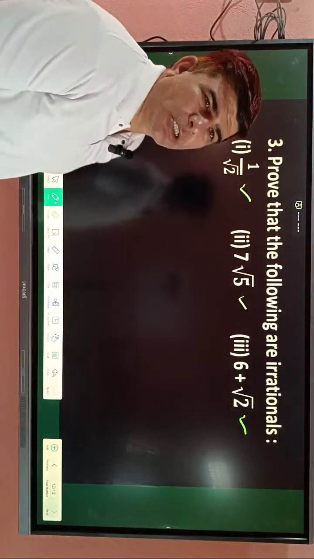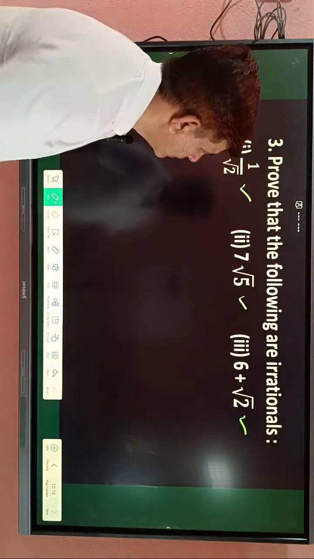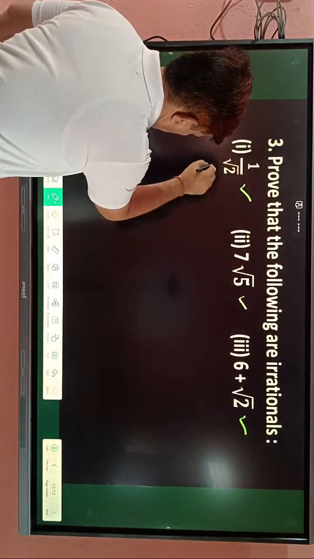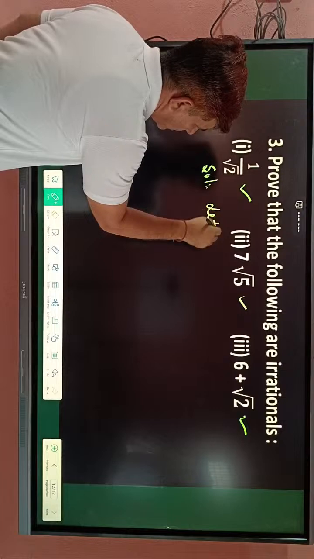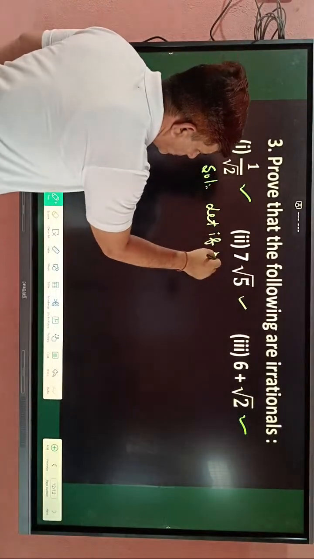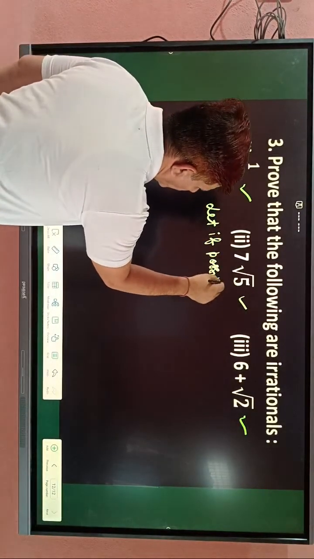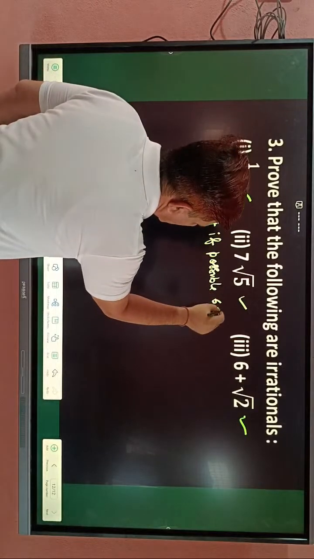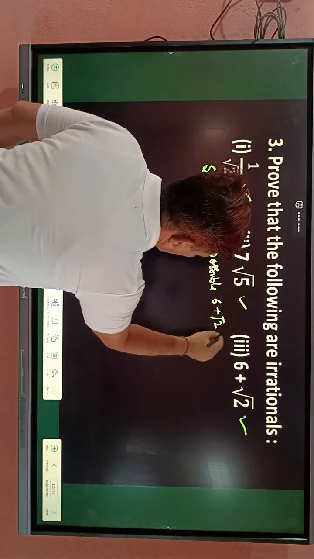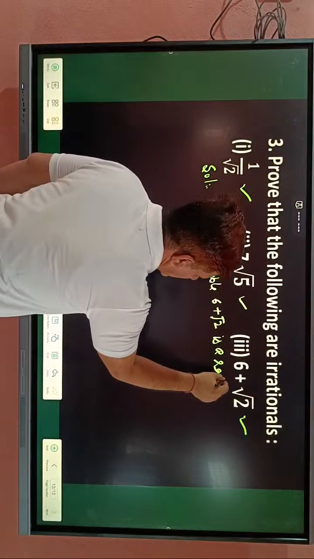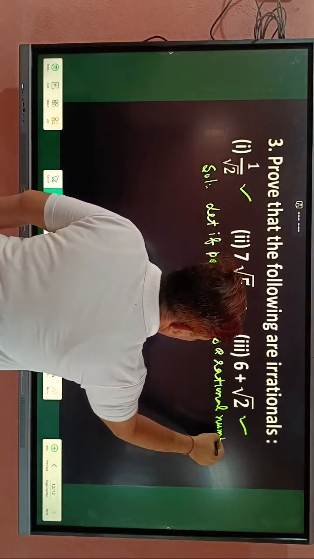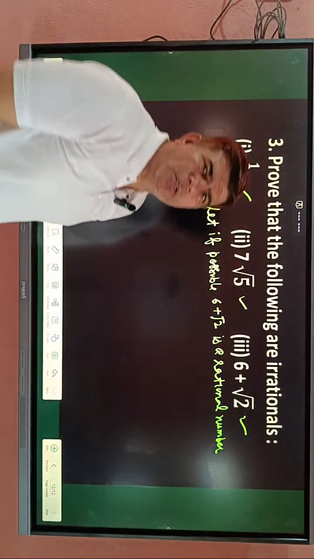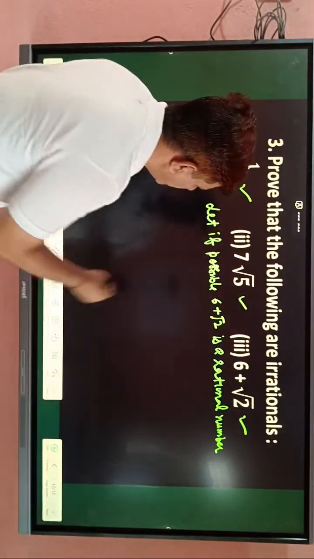This is also so much easy. So solution: let, if possible, 6 plus under root 2 is a rational number. If it is a rational number, then easily we can write